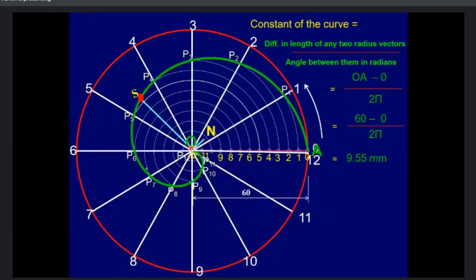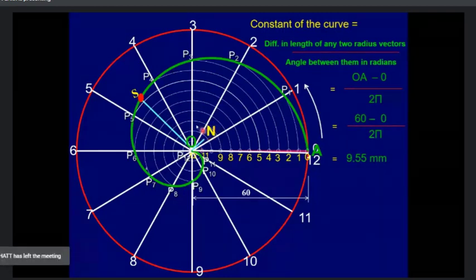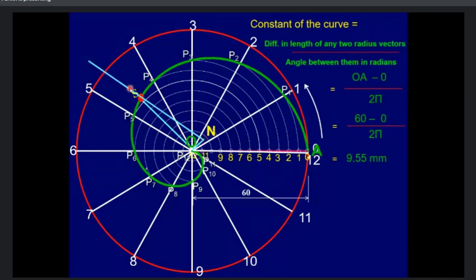ON is perpendicular to what? OS. Okay. The next step is to connect this N with the point S, that is the normal of the curve. The line through S will give the normal of the curve. And perpendicular to this line NS, that is nothing but the tangent of the curve.